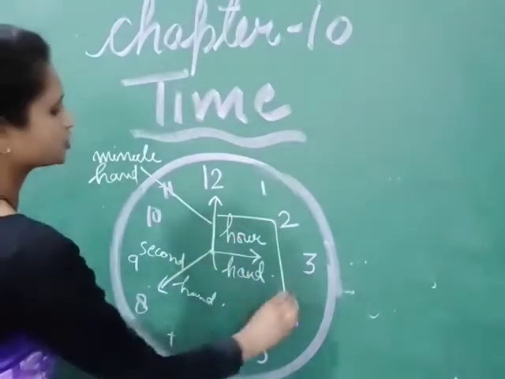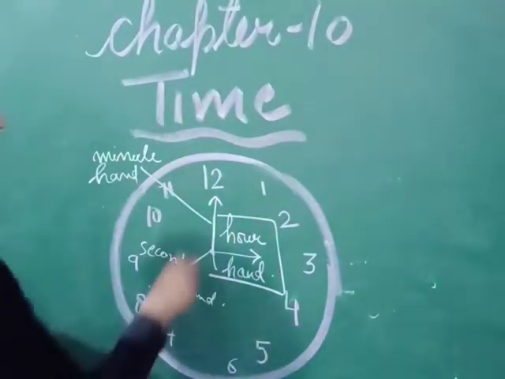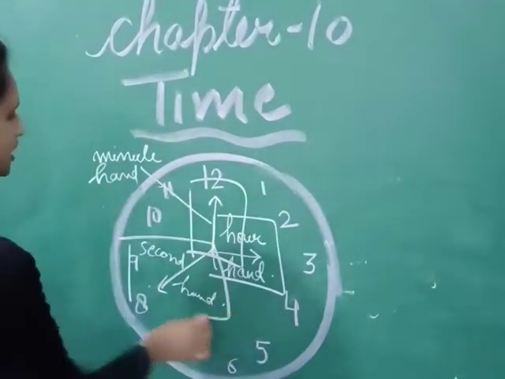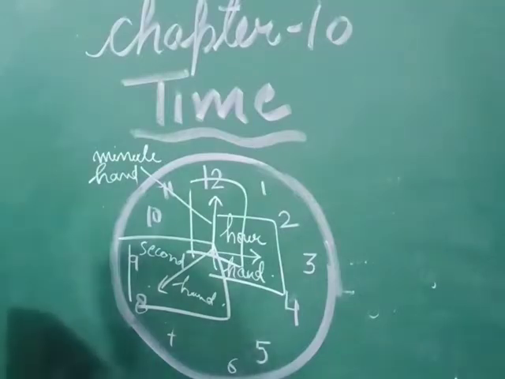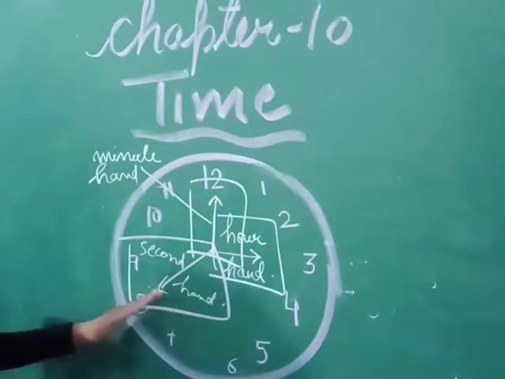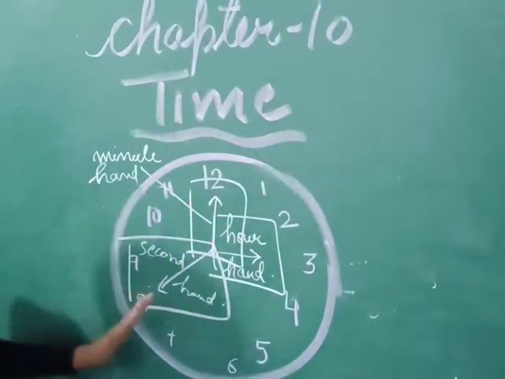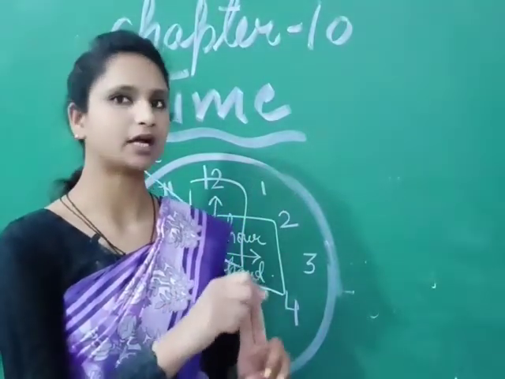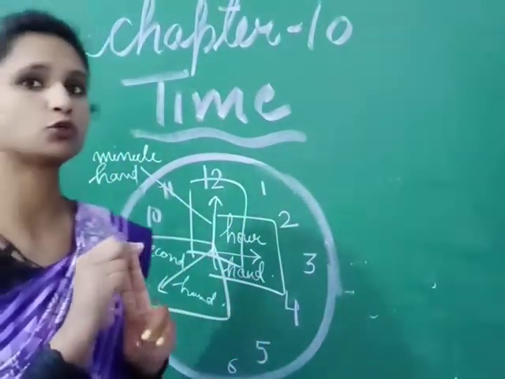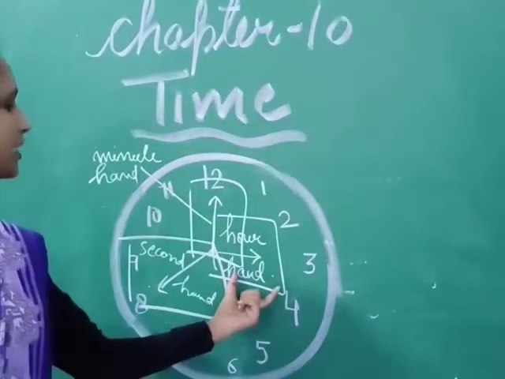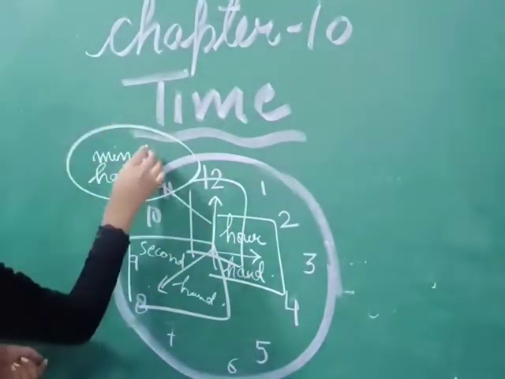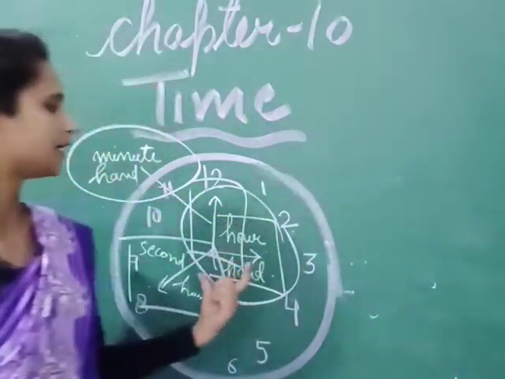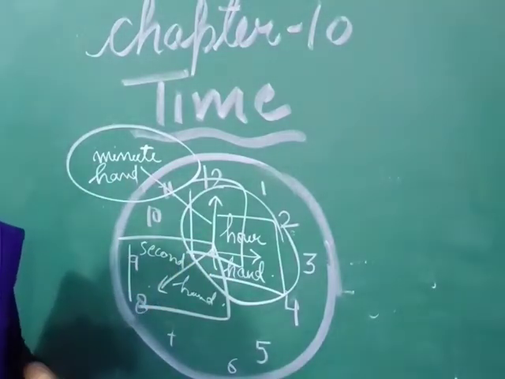The hour hand shows time in hours. The minute hand shows what minute it is. The second hand shows time in seconds. So there are mainly 3 hands of a clock: hour hand, minute hand, and second hand. But there are only 2 hands in your course that you have to learn about, that are the hour hand and the minute hand. These 2 hands are there in your book.